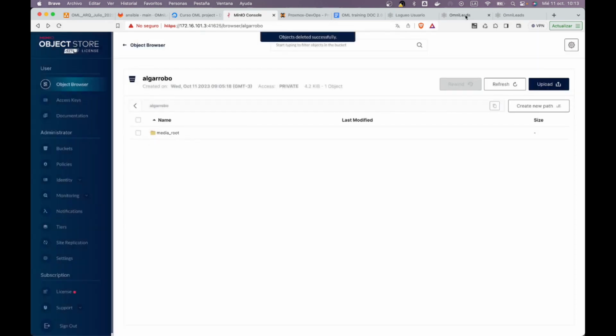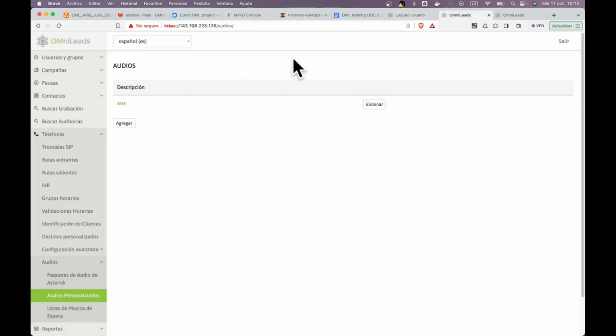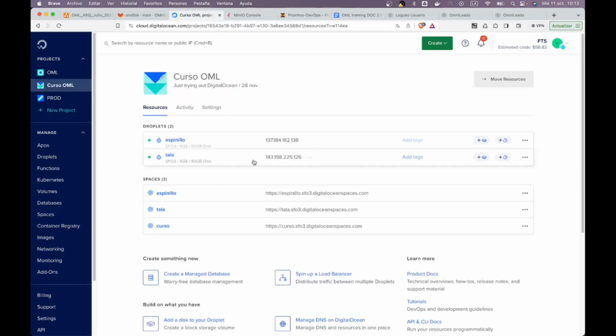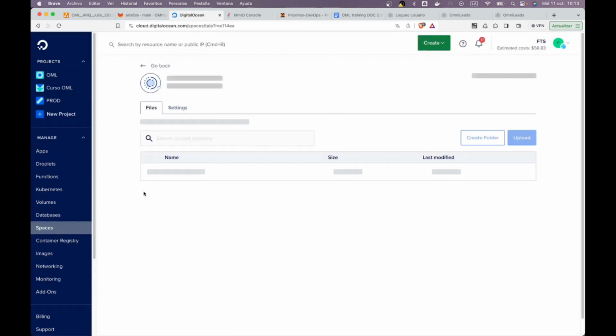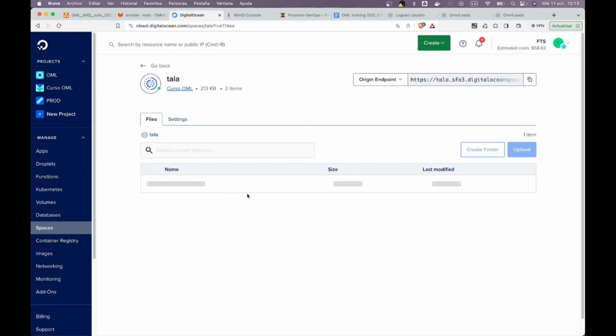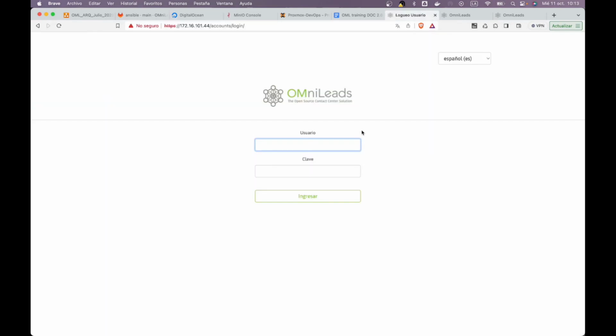Here is media root. And for the case of here, I have just uploaded another audio in the instance that ends in 126. That, for us, is the cloud. And here in the other bucket, there should be also the media root of Django, because I already uploaded a recording. I uploaded a file, a locution. So let's see if here I go with the agent